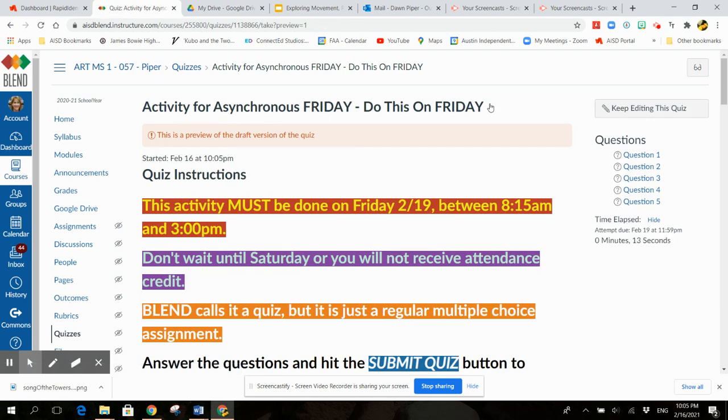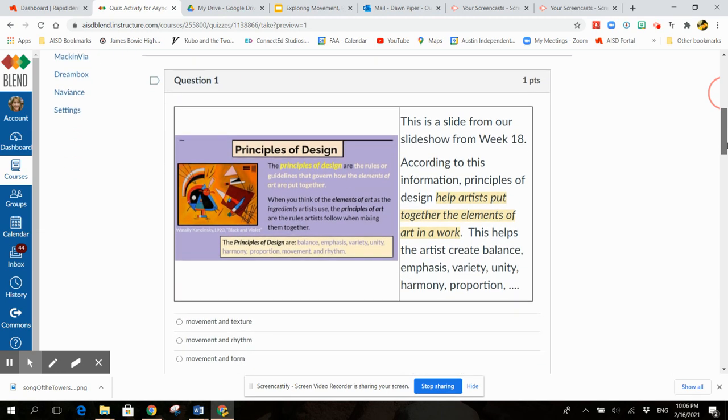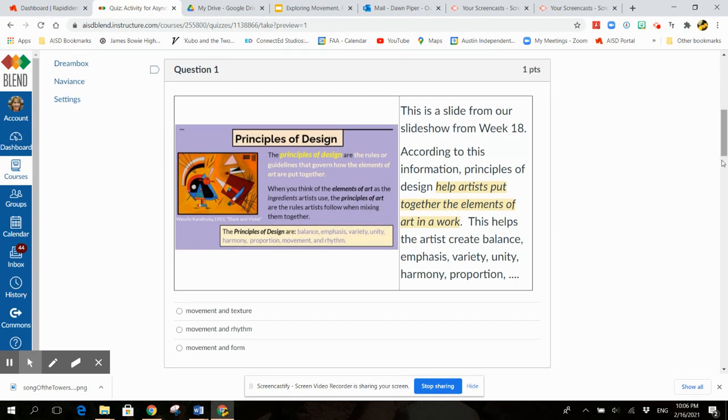The answers will not be in the same order, so you don't need to just write down that question number 1 is a C or B. It's going to be a bunch of different ones, so go ahead and jot down some notes. You will notice it repeats the instructions, and here we are at question 1. It says,